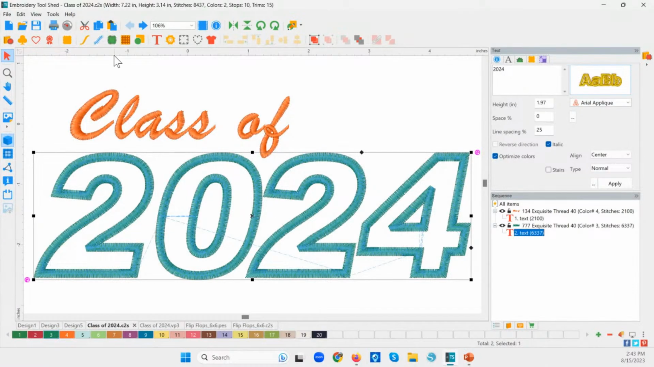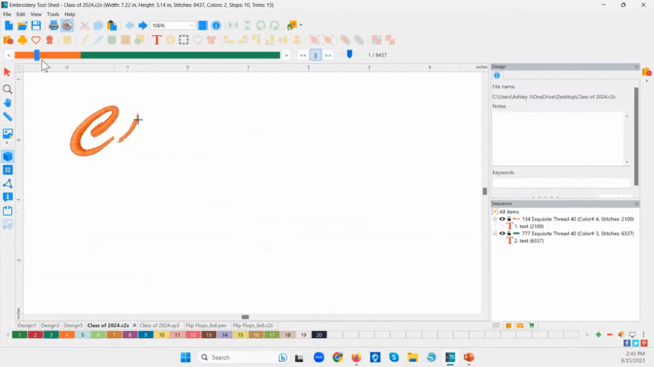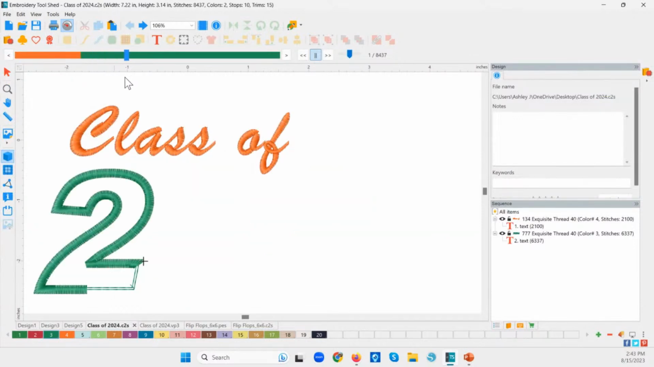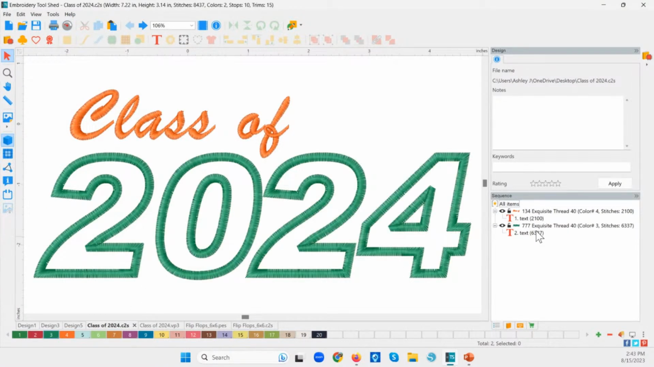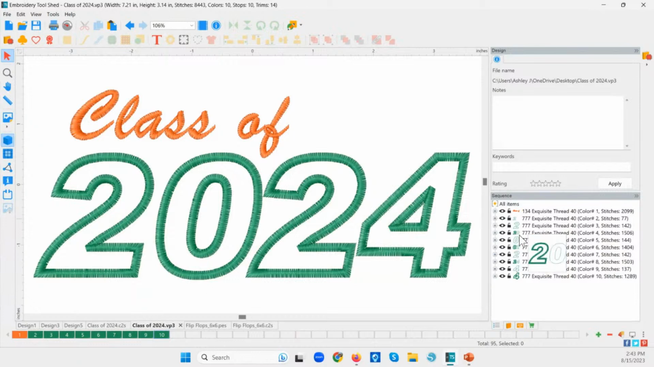So it does know that there's a placement stitch and a tack down. If we watch our slow redraw, you can see that I've got a placement stitch and a tack down right there, but they are all the same color and they're not separated out over here. Okay, so when you save this design to your machine format, which is what we did here, then notice what